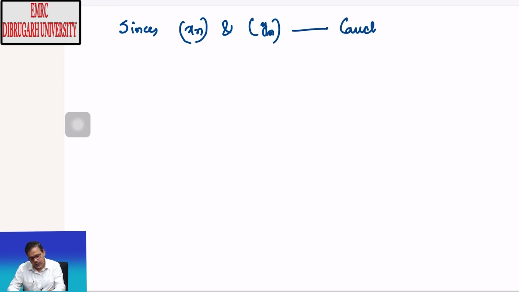Now, since x n and y n are Cauchy sequences,